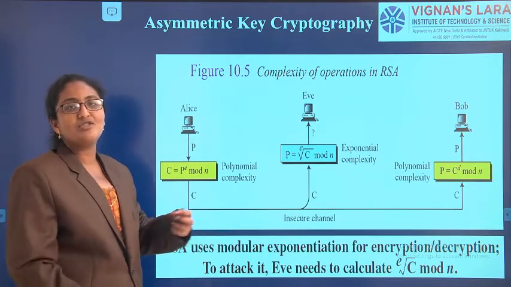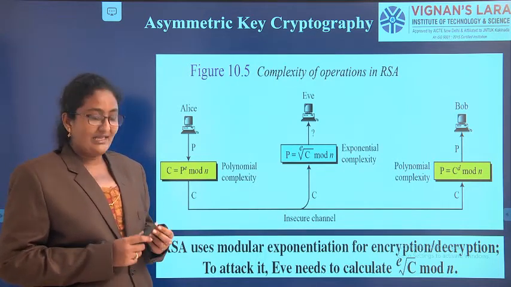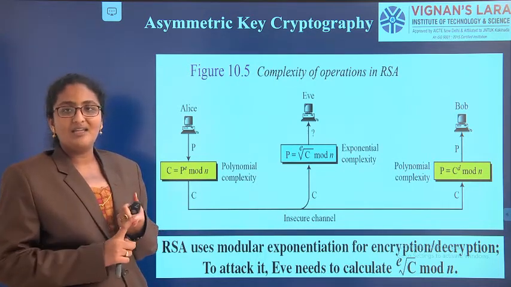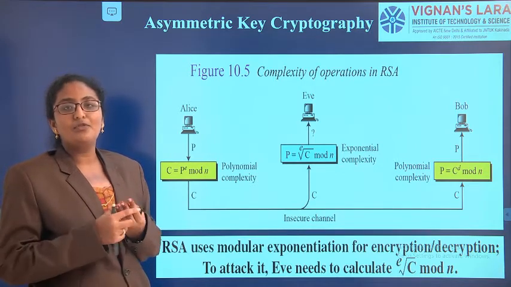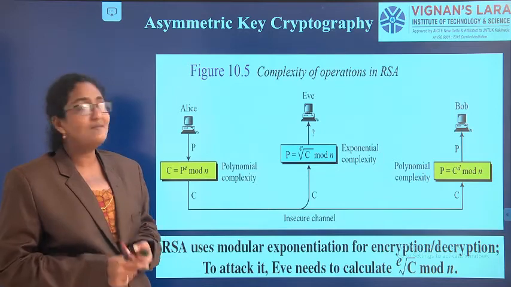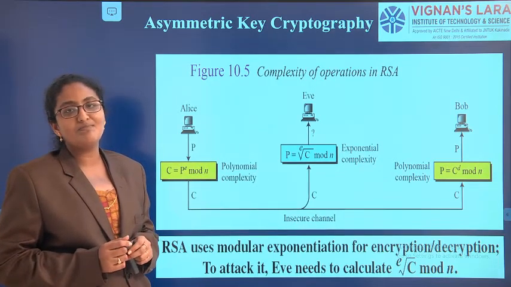We have to discuss 2 more algorithms. Then we can complete the topic of asymmetric key encryption. The RSA algorithm, the Rabin algorithm, the ElGamal algorithm. If we discuss these 3 different algorithms, our topic asymmetric key cryptography will be complete. After that we can discuss mathematics.